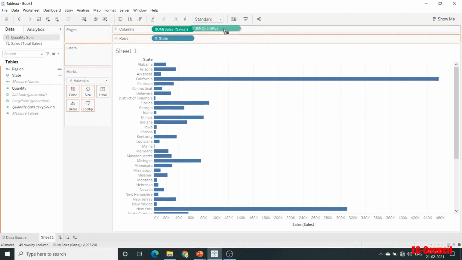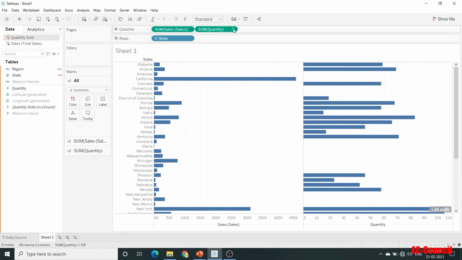Let's now bring up the quantity field from the quantity sold data source to the view in the column shelf. Here we can see that some of the states like Connecticut, etc. are getting null values for quantity sold. Reason being, the information of the quantity sold for these states isn't available out there in the quantity sold data